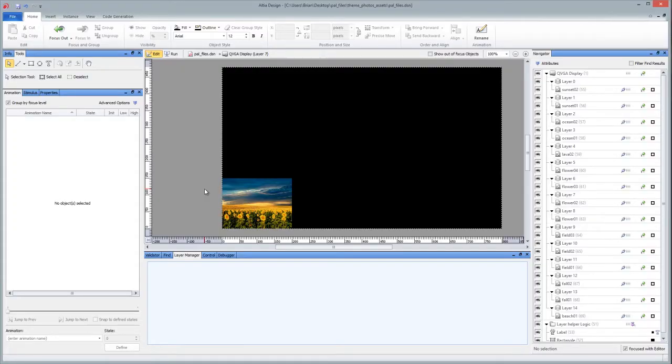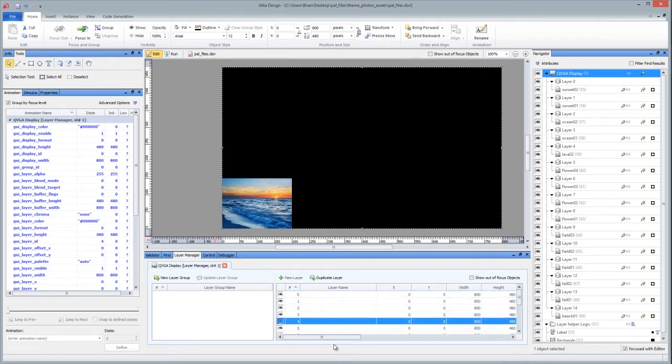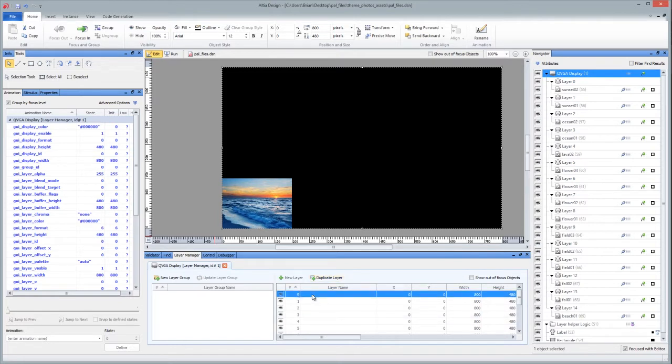So this video is very purpose-built. It's going to show how to optimize the palette files that you can use when using Layer Manager. And again, you would only use Layer Manager if you're targeting a piece of hardware that has hardware-based layers. The Layer Manager is a pane in Altia Design that affords you basically access to the actual properties